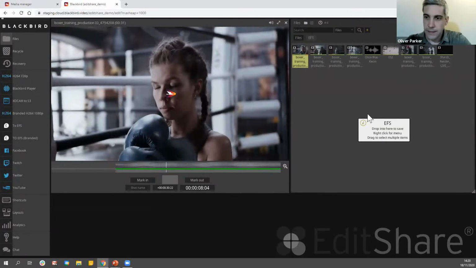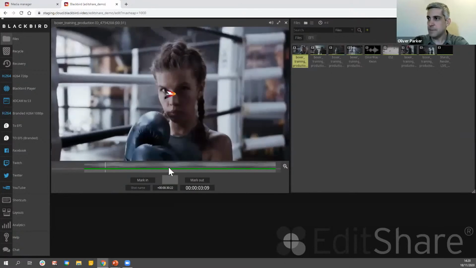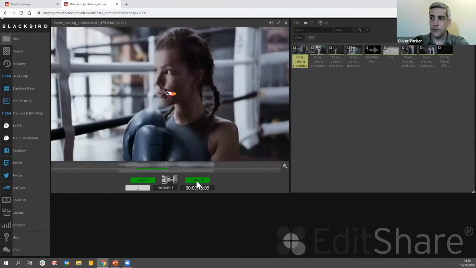So in terms of the actual users, I'm sat in a very simple UI at the moment. This is designed for non-technical teams, generally used by social and digital teams or for very fast turnaround clipping. So at the simplest level, it's very, very easy for me to find a piece of content, come in here, make a selection of a clip. I can use hotkeys or I can use my simple buttons here, drag and drop and publish.